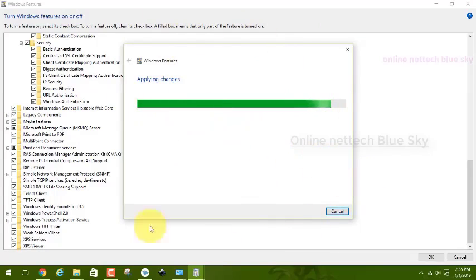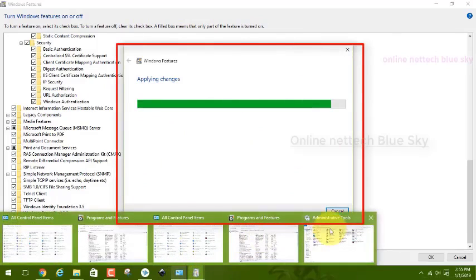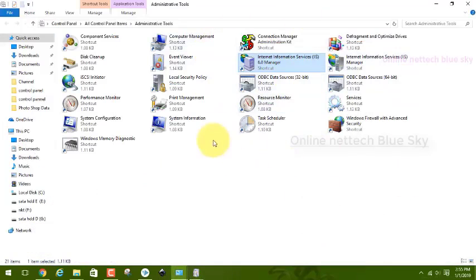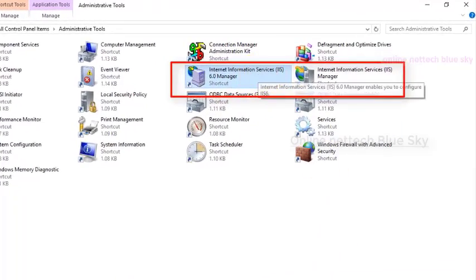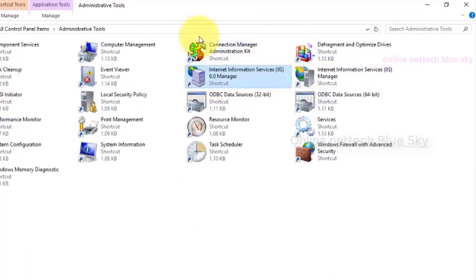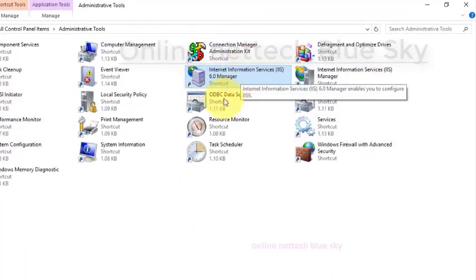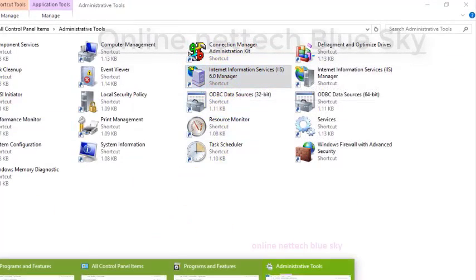So Internet Information Services is one type of website access, and this is the main part of your computer's website. This is a small client computer and small web server type services.